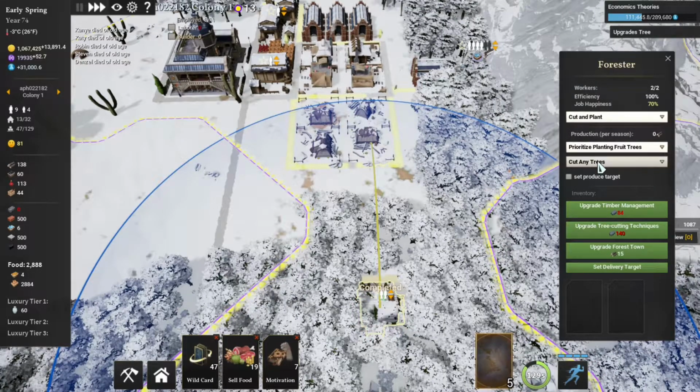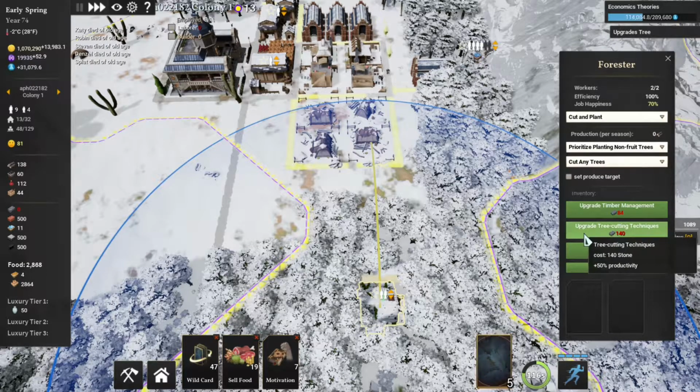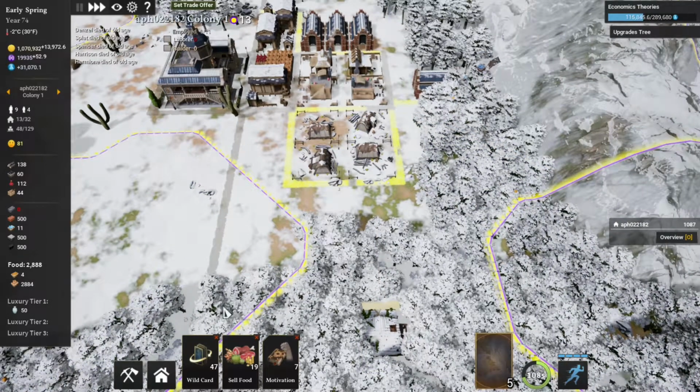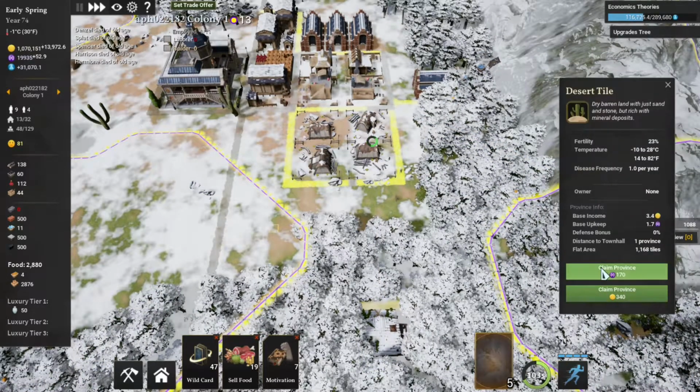And now we're not doing fruit. So for the first time ever, we're going to do non-fruit. And we're going to cut any tree. We can't upgrade them yet because we need to bring in some stone. That leaves us just grabbing our coal